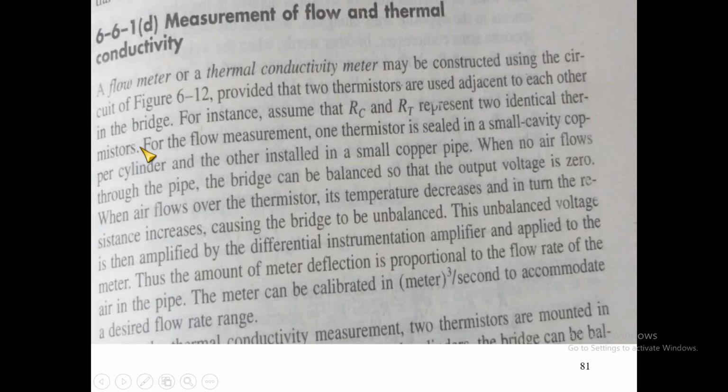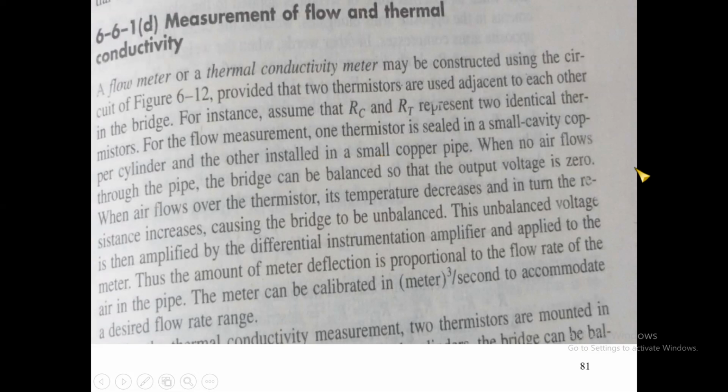Two identical thermistors. For the flow measurement, one thermistor is sealed in a small copper cylinder and the other installed in a small copper pipe. So when no air flows through the pipe, the bridge will be balanced. No air flows through the small copper pipe over here, then the bridge is balanced, so that the output voltage is